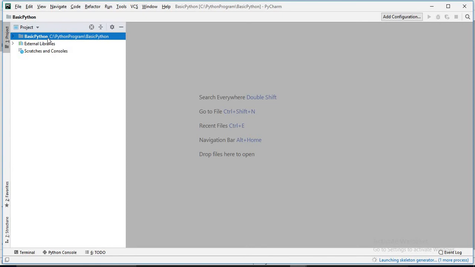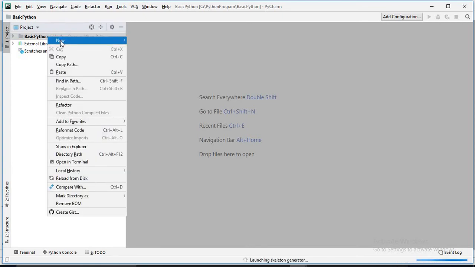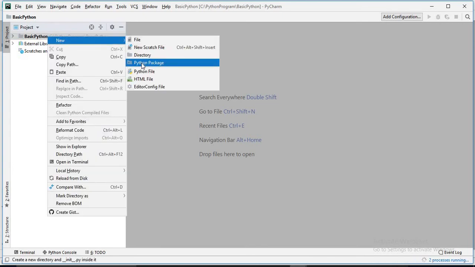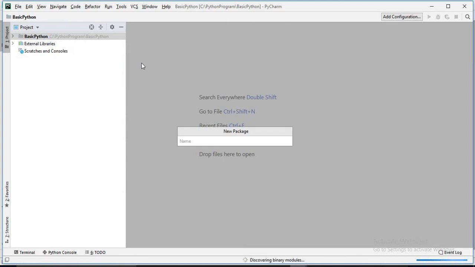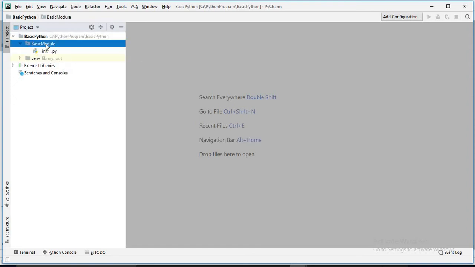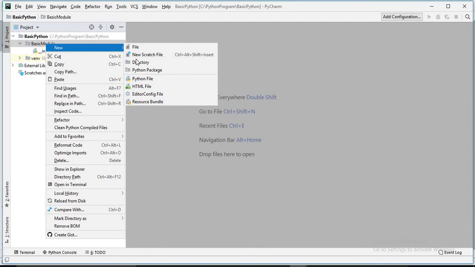See, the project is created, and here we'll create one Python package, and this is the basic module, only basic. Click enter, and now we'll write a Python file.